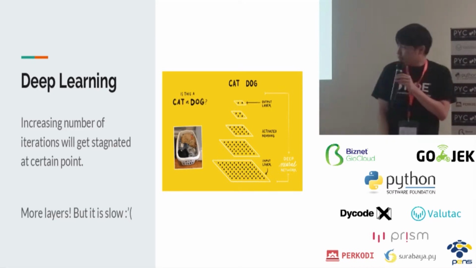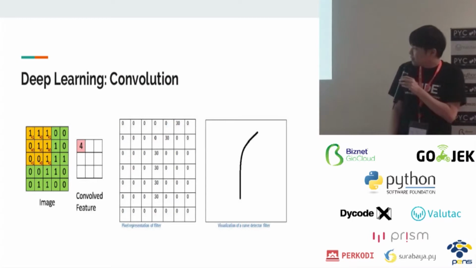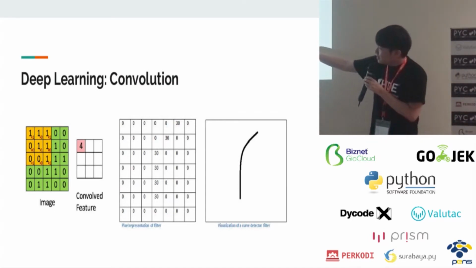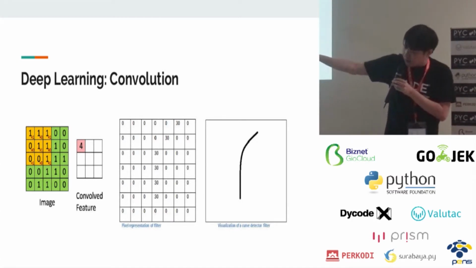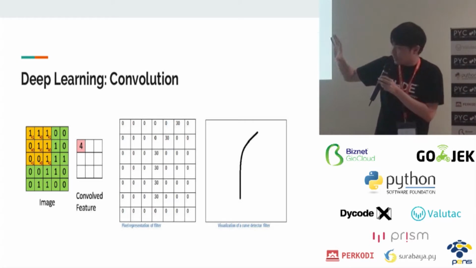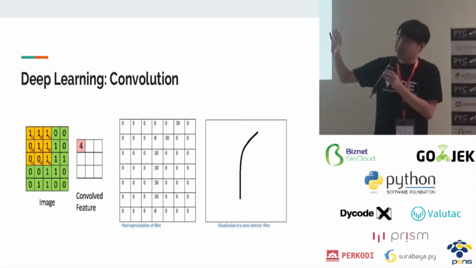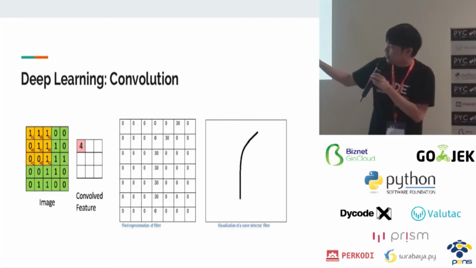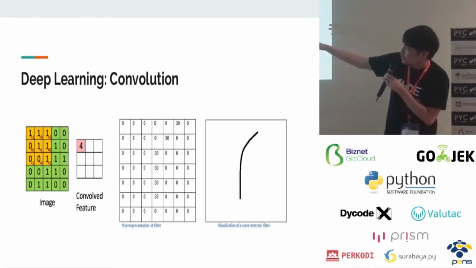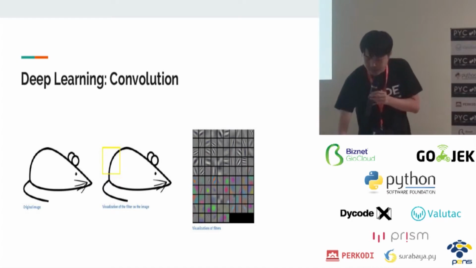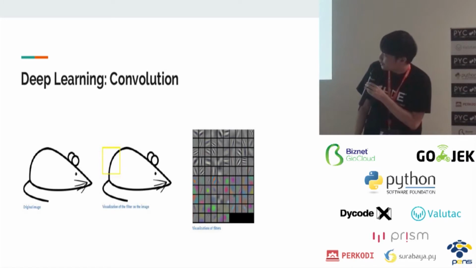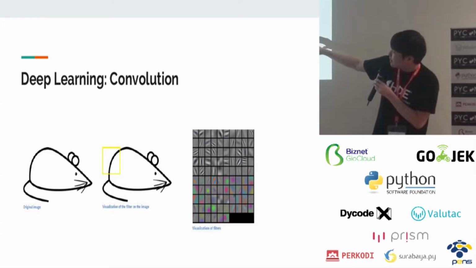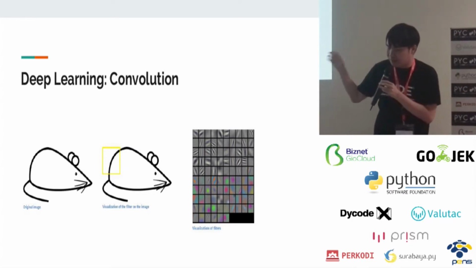So talking about deep learning, we will see the basics of convolution. For example, if we have a shape like this, it will be represented in that way. And in that image, you can see how internally the deep learning filter or kernel tries to learn from an image to the convolved feature shown there. The previous image, this line, is taken from that small cute mouse. And the actual visualization looks like this. It's more complicated because it has depth of layers.